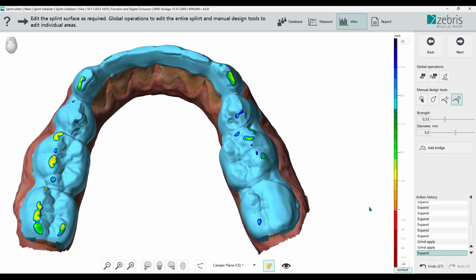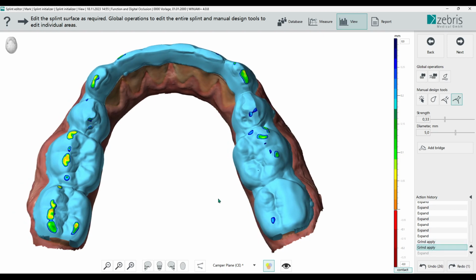When we click in our history, we can go to the point before the grind in. Here we see the static grind in and here the dynamic grind in. At this point, the splint is still very detailed, especially in the molar region.